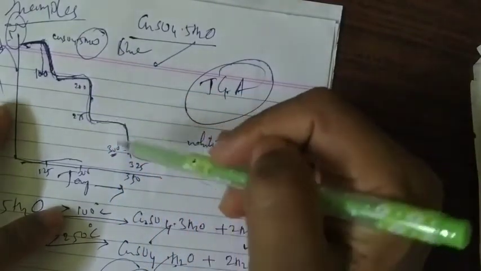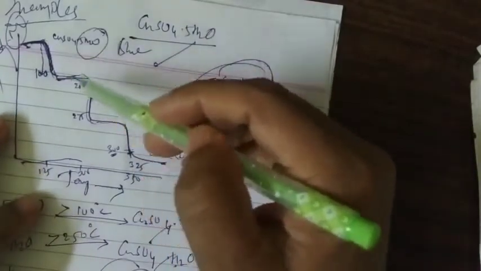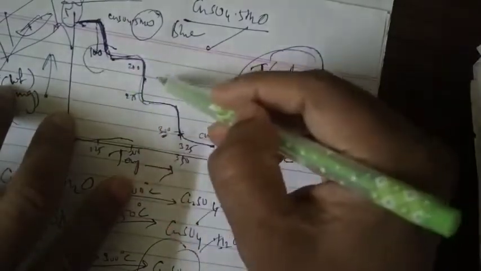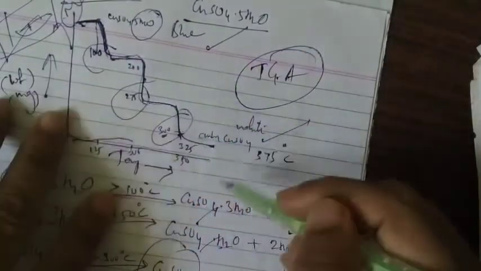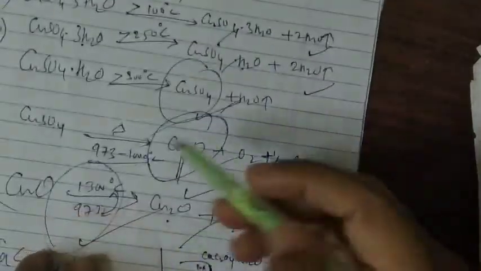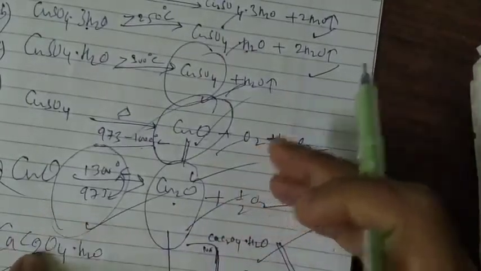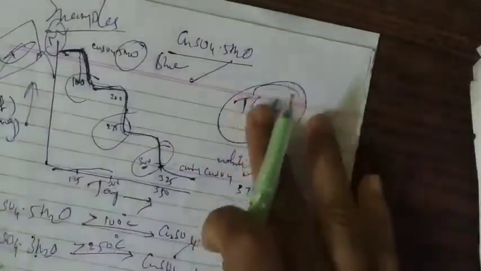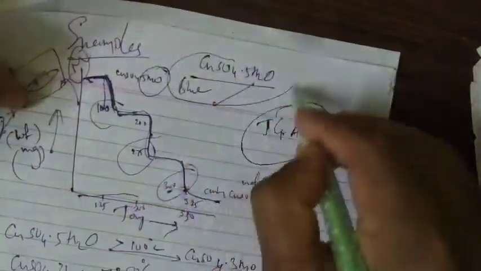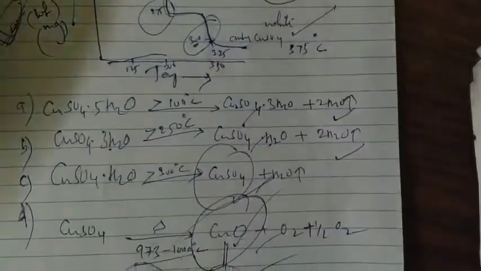Okay, so this has been recorded by an XY recorder, and you can see it is slowly changing, not sharply, but to some extent you are going to see the change at a particular temperature. You can see that the weight loss will be there, and finally further degradation, like in copper sulfate, cupric oxide, cuprous oxide we are getting. So like this you are going to get the final stage here. So this is how TGA helps us in understanding the physical and chemical properties of any given unknown compound. So here we have learned regarding the TGA, that is thermogravimetric analysis. Whatever required points are there, I have introduced in this thermogravimetric analysis.